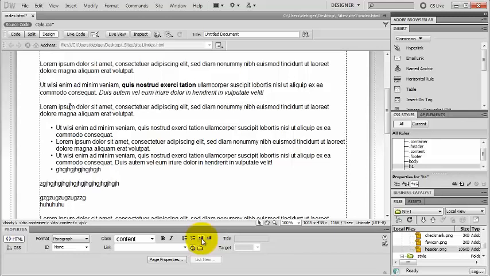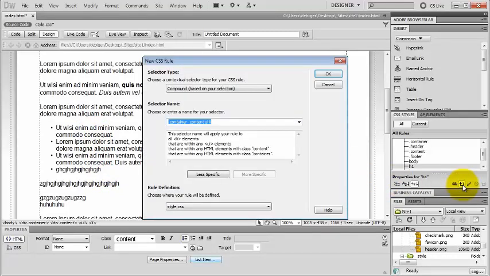I put my cursor in one of my list items inside of my unordered list. I click on new CSS rule, and I need a compound selector because I only want to style those list items that are inside of an unordered list. But I only need the UL li tags, so I click on less specific once again, and this CSS rule is only going to apply to those list items that are inside of a UL tag, so it's not going to have an impact on my ordered list if I have any. I click OK,